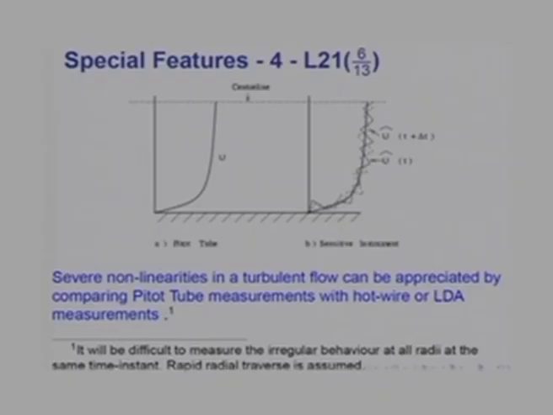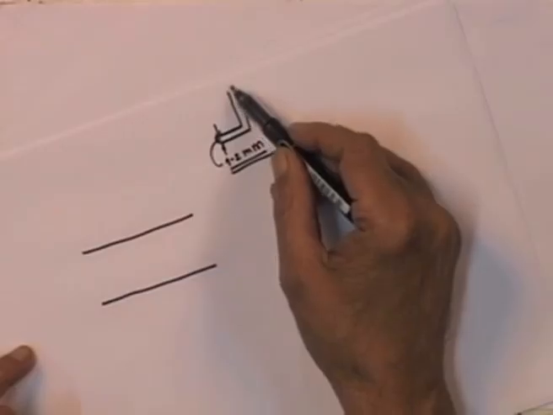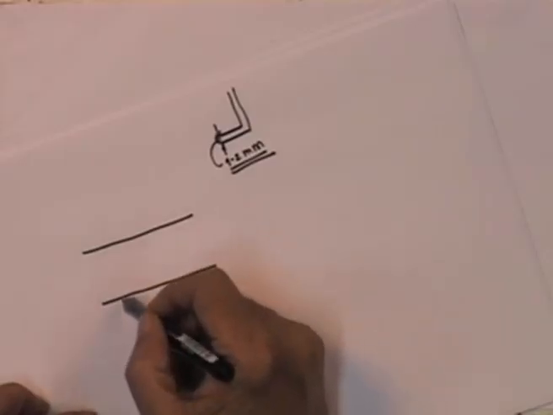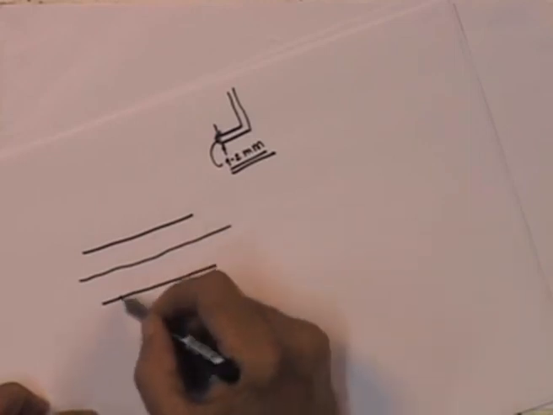A pitot tube is nothing but a hollow tube with a bend, and the diameter of the mouth would be, let us say, about 1 to 2 mm. And this stem is then connected to a manometer. So, let us say I measure the velocity starting from here to the center of the pipe. Then I put the pitot tube here,